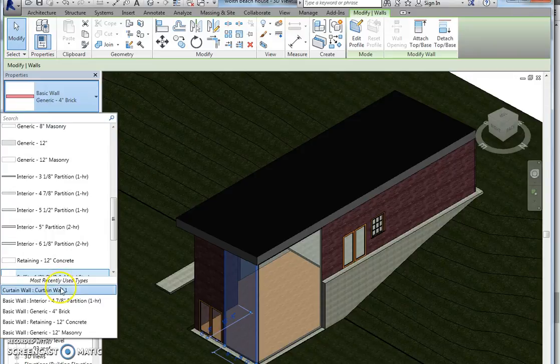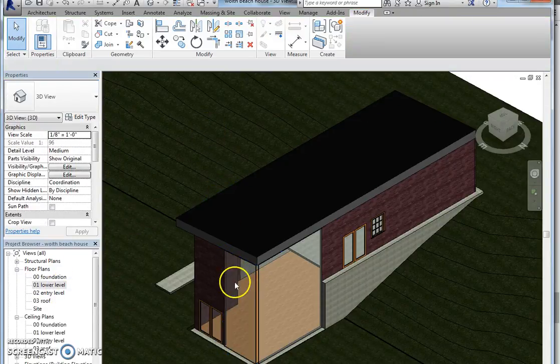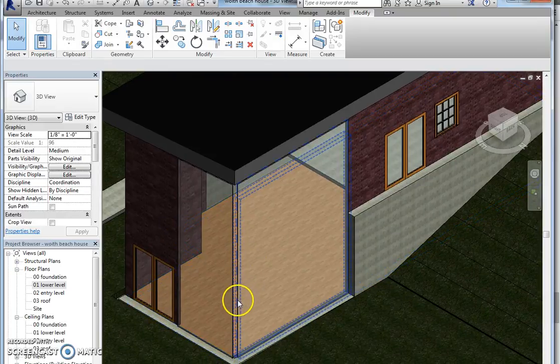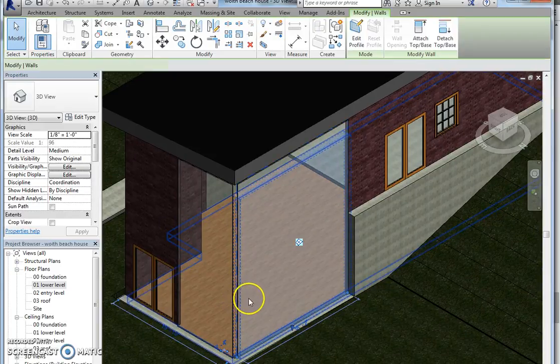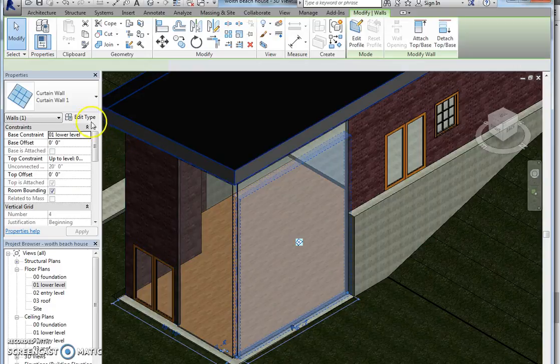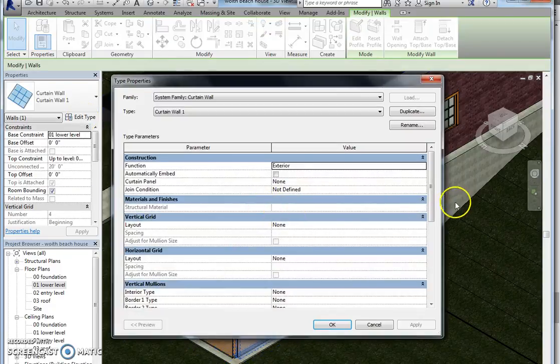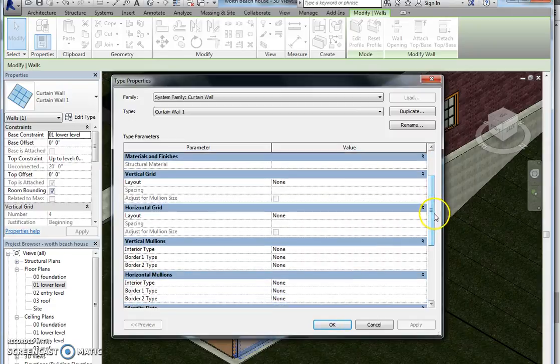I could have pressed Control and done both at the same time, but I don't know why I didn't. Okay, beautiful, huh? Alright, so let's do this thing. So we're going to click on the curtain wall. Alright, and we're going to click on the Edit Type button. Okay? Here's what you're going to do now. Let's see if I can do this first time around. We're going to change layout